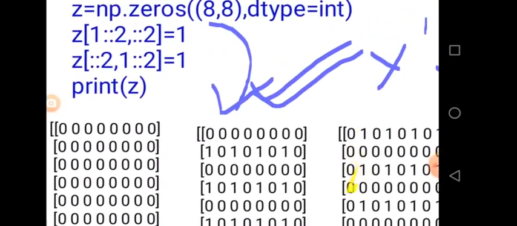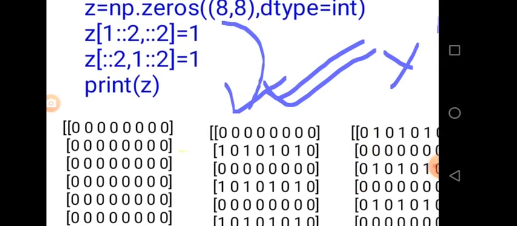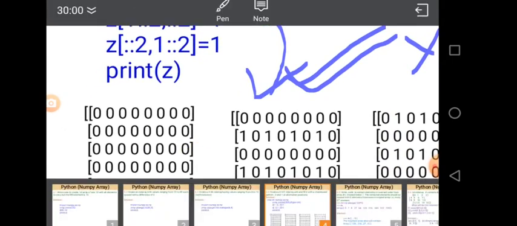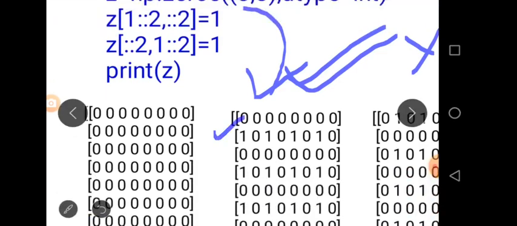Let us take row number 1. Row number 1 means the row at index 1. So this is the row at index 1. So all elements are alternately, after the increment of 2, like this: 1 0 1 0 1 0 1 0, and after that jump to row number 3, because there is an increment of 2, then again 1 0 1 0 1 0 and so on, and after that again the same pattern here.